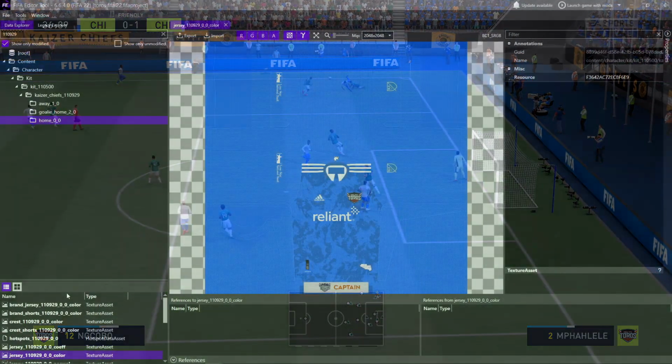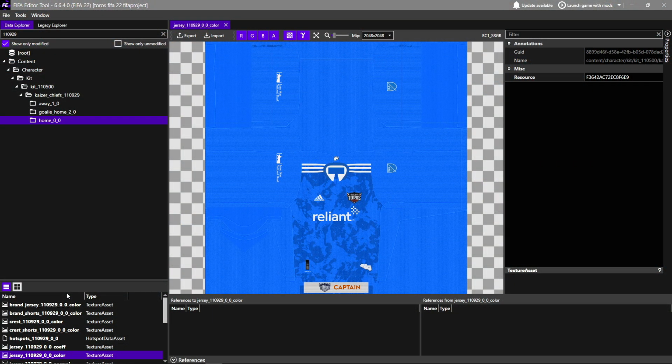So I'm going to assume that you have imported all of the textures into your file. Or let me take that back, you're going to want to import them, right? But you need a team ID to import those files to. I recommend going with a team that is in Rest of World, and preferably a team from Rest of World that is not in any European club competition, whether it's Champions League, Europa League, etc. So I recommend using Kaizer Chiefs, whose team ID is 110929, as you can see right there. That is the team ID I used. I imported all